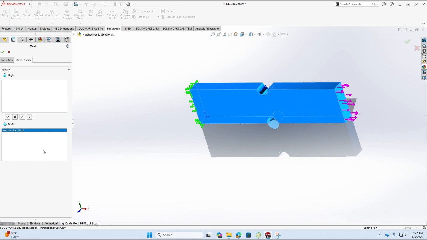In simple words, a draft quality mesh will only have the number of nodes equal to your number of computational points on the element, and that is something I will explain in a few minutes. The advantage of using a draft quality mesh is that you can very quickly run the analysis to get a feel of the